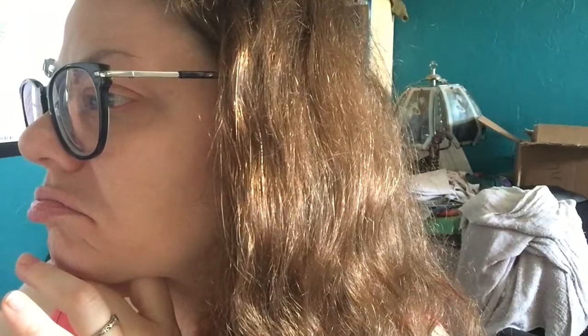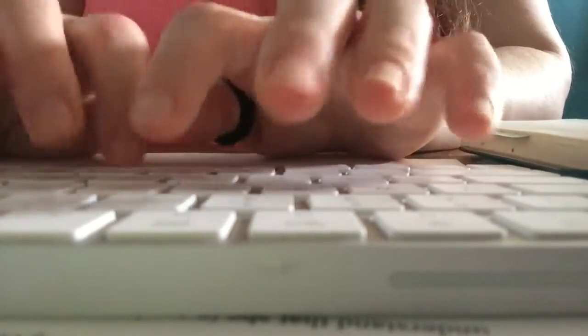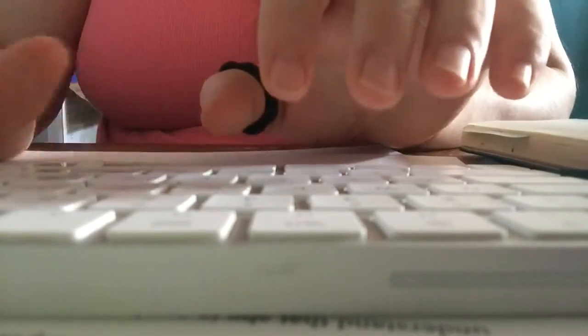I am going to include brief quotes as examples, which is step number 3, so I'm going to go get to that. So it says to include brief quotes as examples. Mine's a little bit longer of a quote, but I think it perfectly wraps up most of what I'm talking about in general about